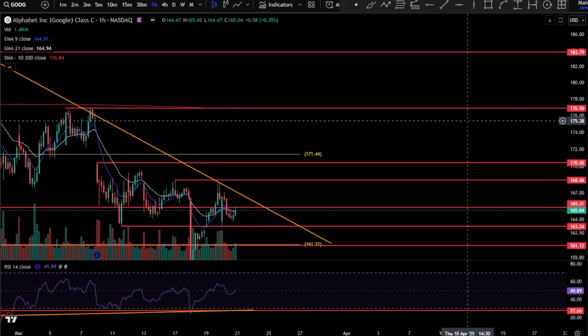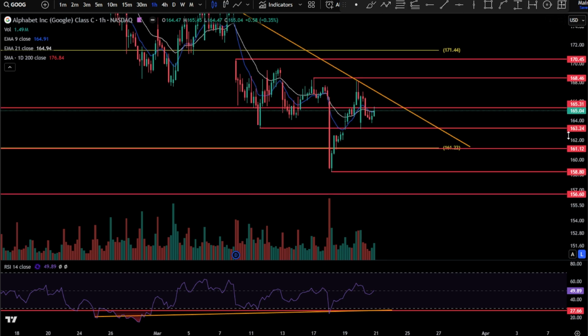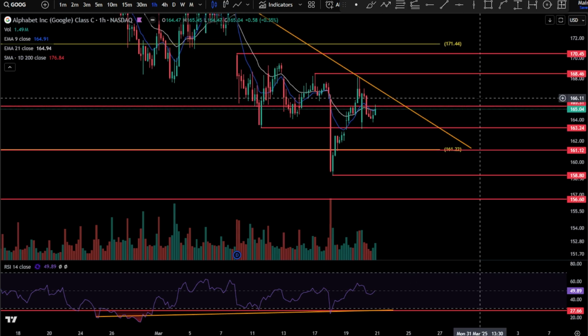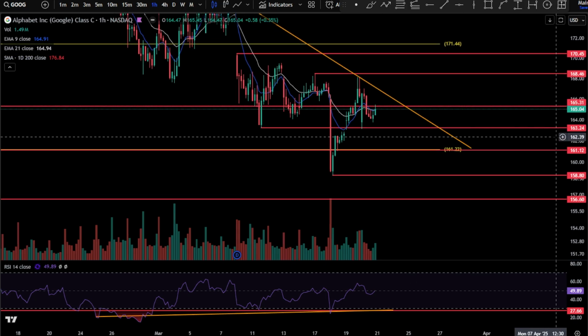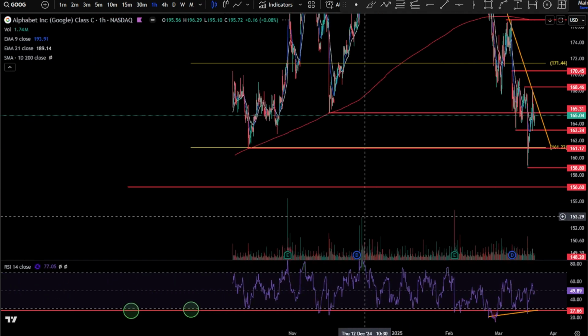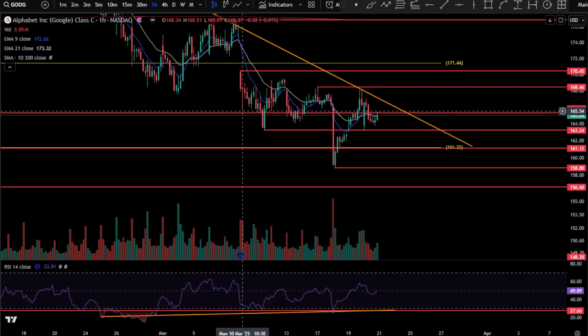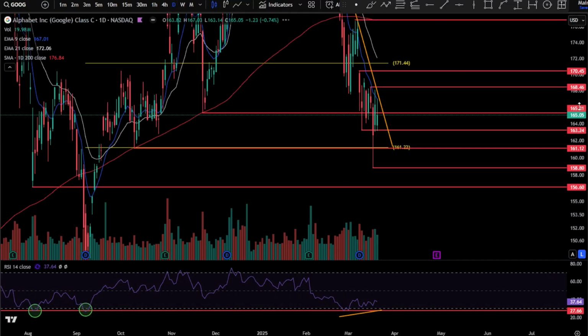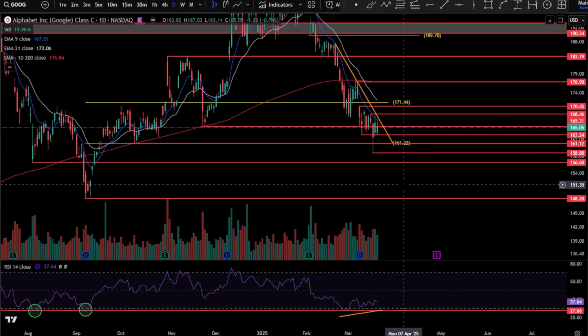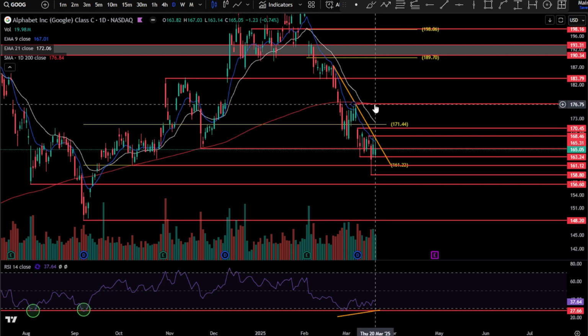And on the downside, what are we paying attention to, guys? 163.24, underneath there, 161.12, and then 158.80. And at that point, could very well come down to this level over here at 156.60. But again, like all of these other Mag 7 stocks, you have the daily bullish divergences. Like I'm telling you guys, if you take out these lows, you're going to have them on the indices as well. This is where major bottoms